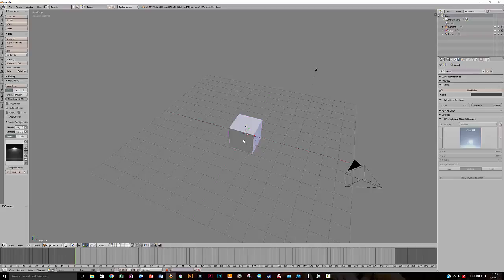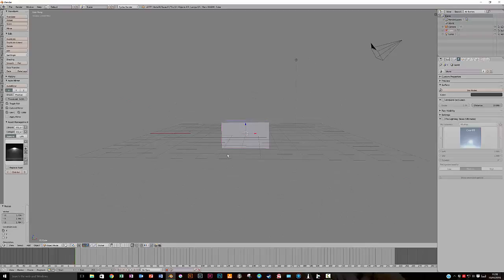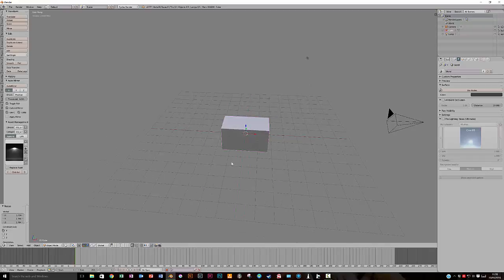So I'm going to change this into a bit of a longer rock by hitting S to scale, but I don't want to scale it on every dimension. I just want to scale it on the X dimension, and we're going to have a longer rock like that. Okay, still doesn't look much like a rock. So what I'm going to do is